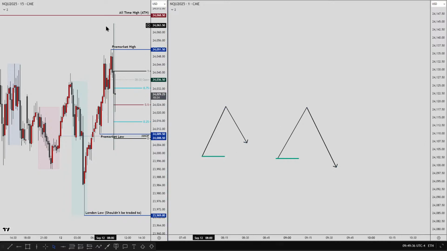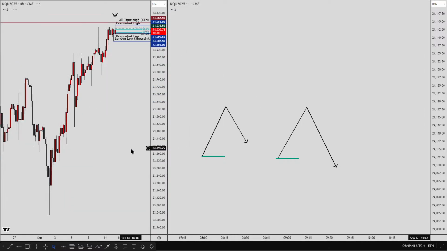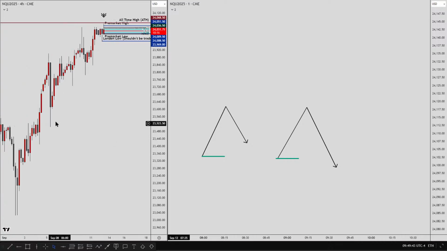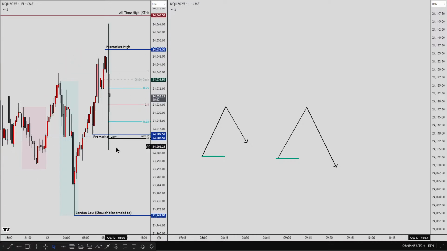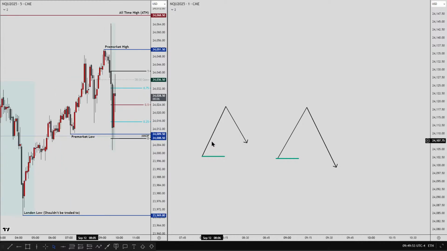With the all-time highs, some people are saying it's an SMT. I'm disagreeing because nothing in Nasdaq on the higher time frame shows me bearishness. This is complete bullish order flow to me. So I'm not going to flip my entire bias just because there's one SMT, no matter which asset it's made with. Generally, the best SMTs are going to come from Nasdaq